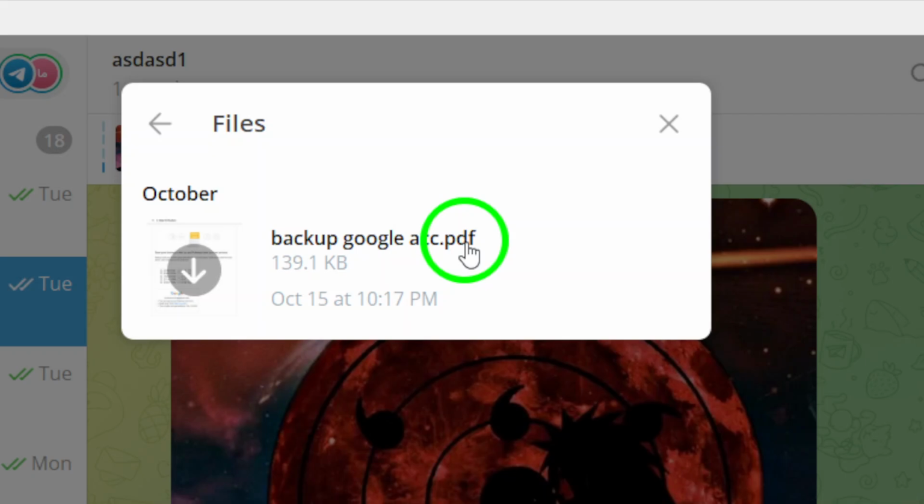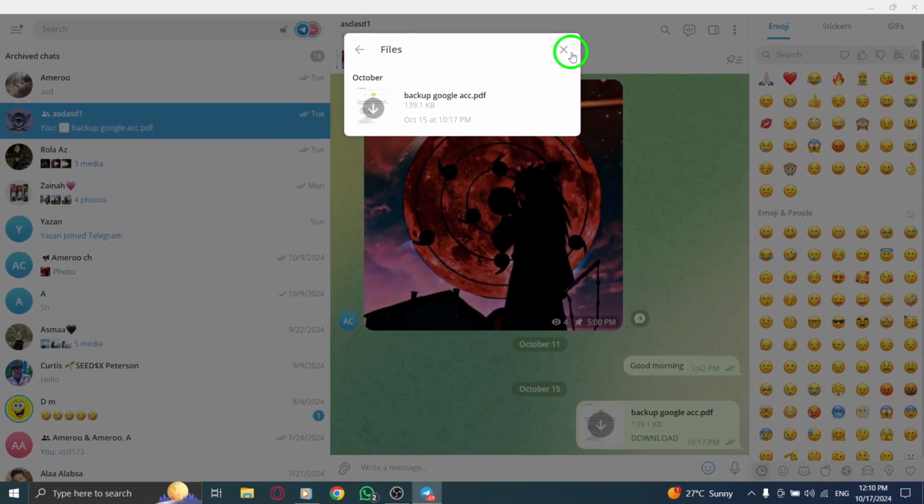As you scroll through the list, you'll find all the PDFs shared during your conversations, neatly organized for easy access. Telegram makes it simple to distinguish between different file types, so you can quickly locate the PDFs you need. If you're searching for a specific PDF, you can use the search feature. Just type in relevant keywords related to the document and